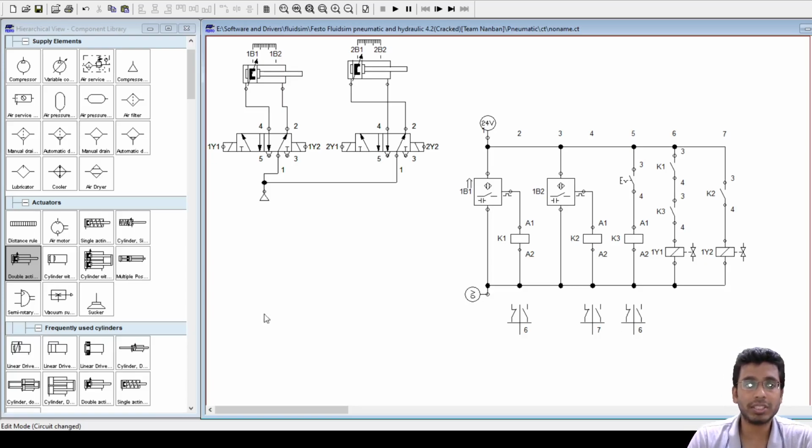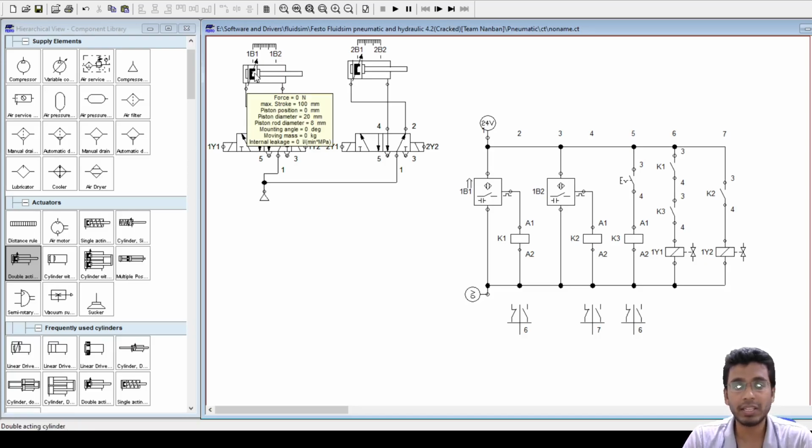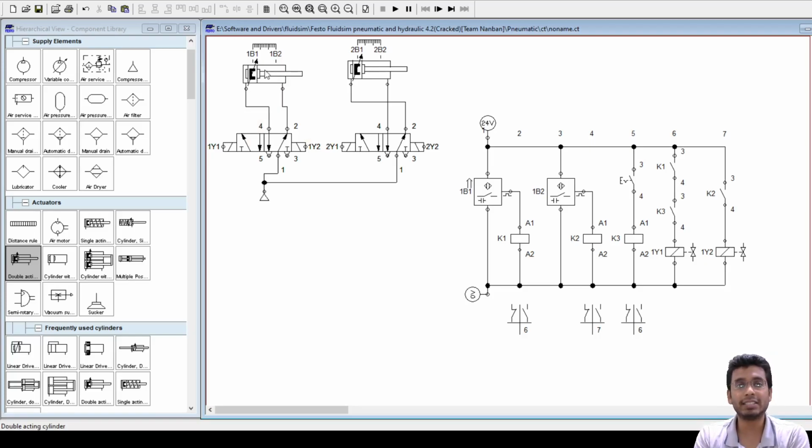So the question says, first by pressing a control switch itself in the diagram. Okay, fine. So when you press a control switch and you also have your cylinder 1 at its completely retracted position, that means you are ensuring that these two conditions are to be met. Only then your cylinder 1A extends. When cylinder 1A has completely extended, then cylinder 2A will extend. And once 2A has completely extended, then both will retract back at the same time.